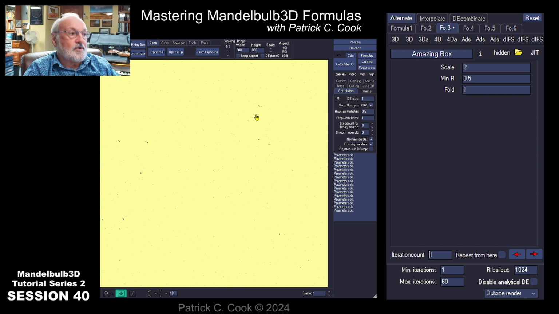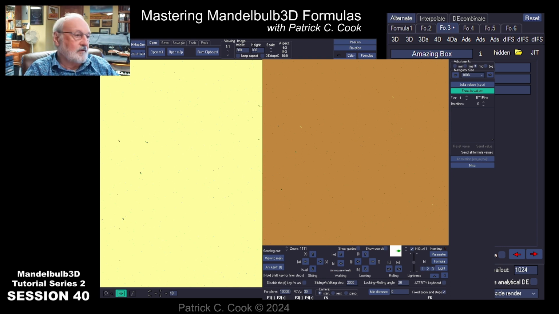So let's turn on my navigator for you. Okay, there we go. Let's pull the parameters in. So my camera is literally buried inside the fractal. Let's turn on the automatic zoom and pull the parameter in. That didn't help any. So now I'm going to try to back